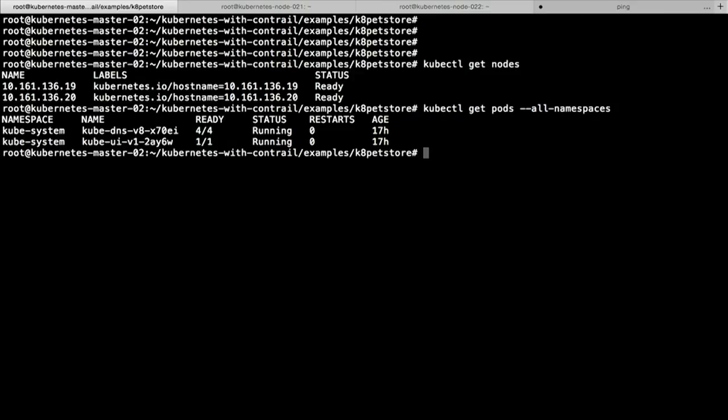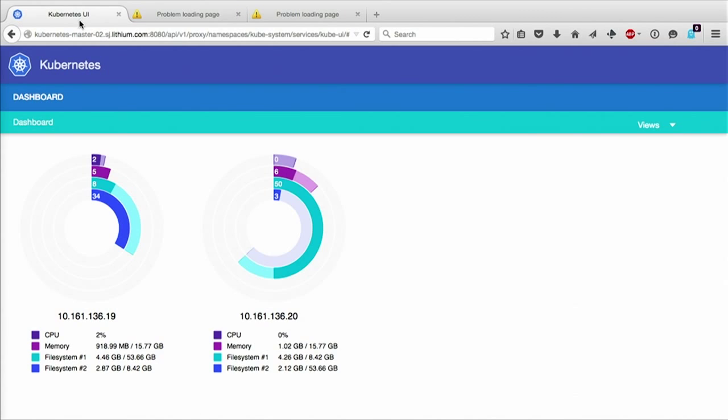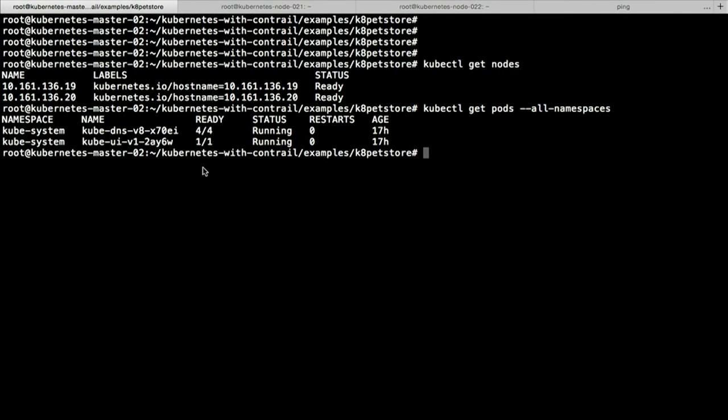What I really want to illustrate with this demo is the fact that we have networking multi-tenancy provided by OpenContrail. At the moment, I've just got the UI running and DNS providing DNS. So the UI is running over here. If I flick back over, what I'm going to do is just run 2 well-known examples straight out of the open source repo that the guys over at Google put together.